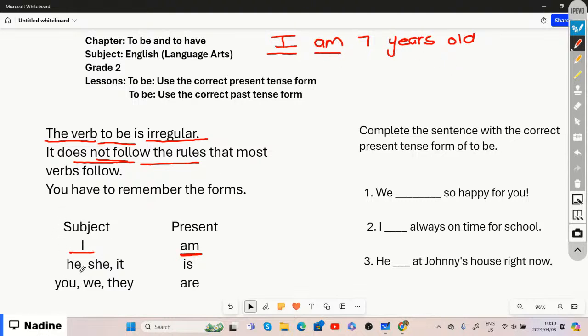If you want to refer to he, she, or it, right? So you're making mention of your friend or another person, right? And if I'm saying he, you want to tell us what he is doing, right? He is running a race. So now we can say his age. Then we can say